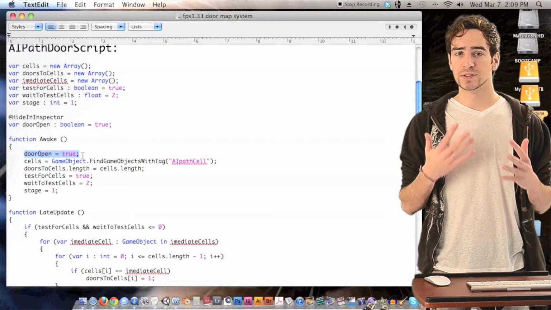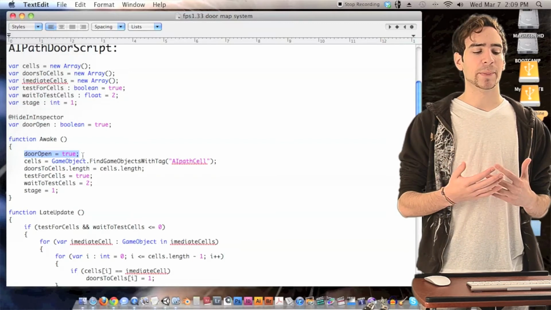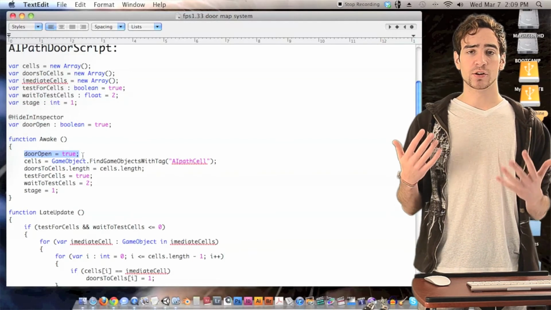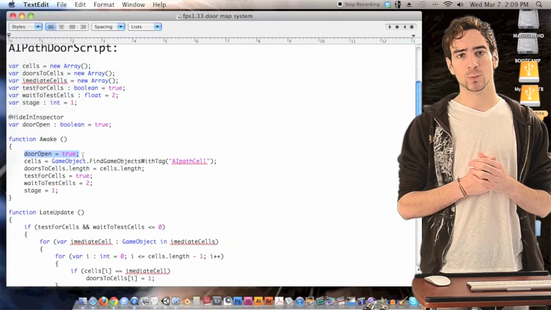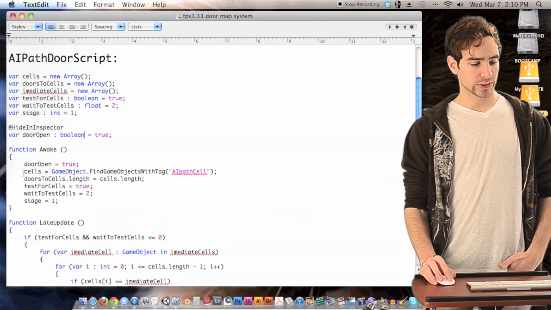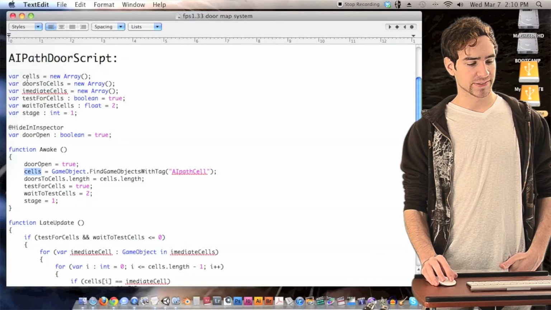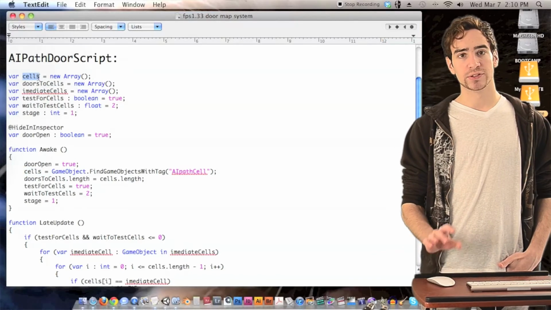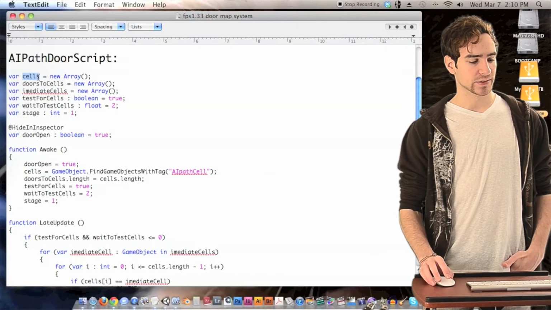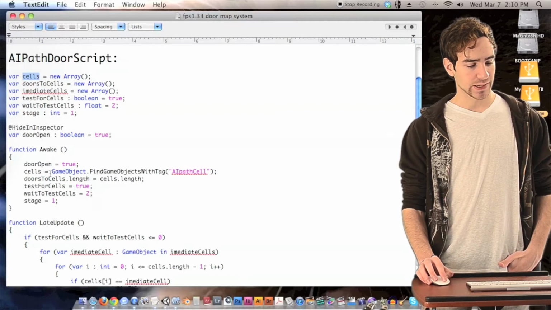But if there is no door attached to the AIpathDoor, then we want to make sure that it's open so that the enemies can walk through it. Alright, next we're going to set cells. Now remember, this is an array up here that is going to remember all of the cells that are in this scene, and we're going to have it equal